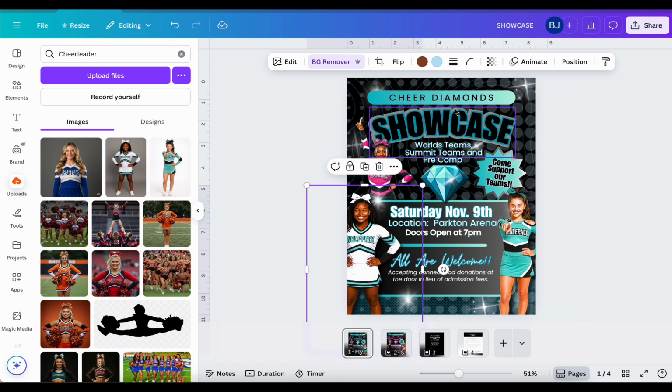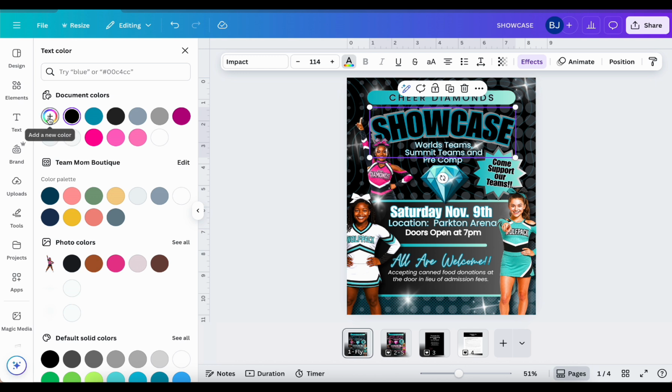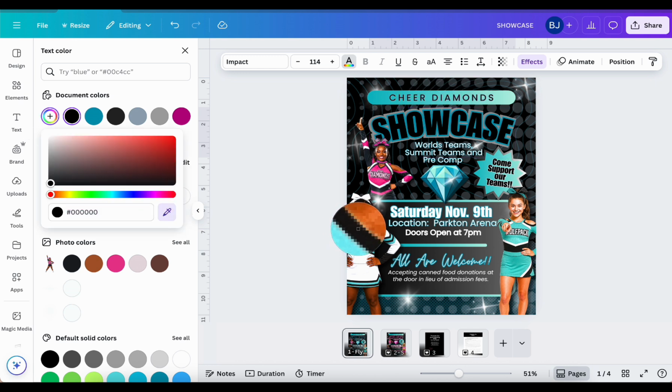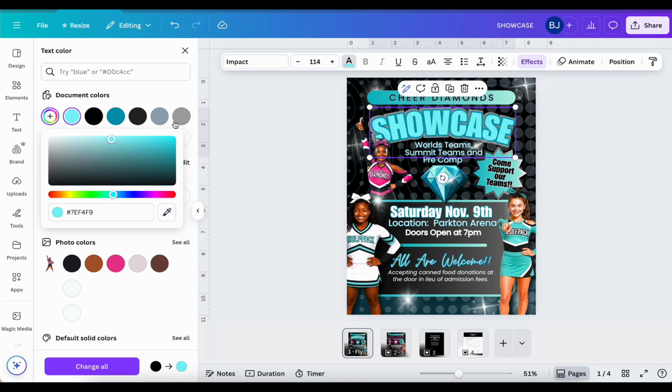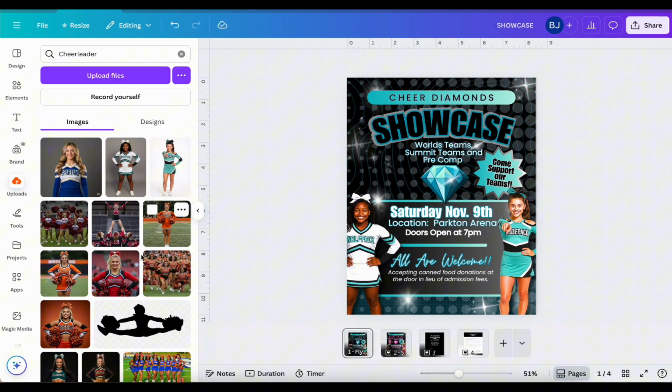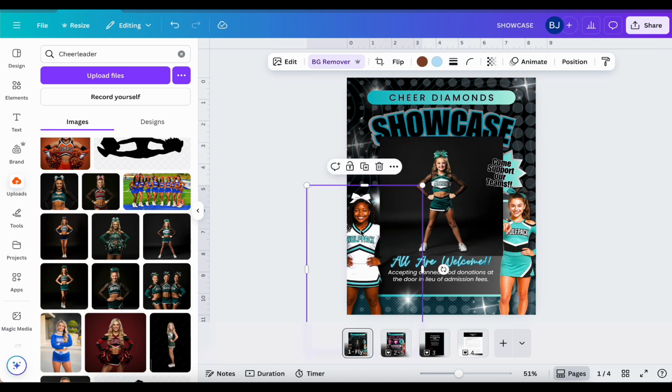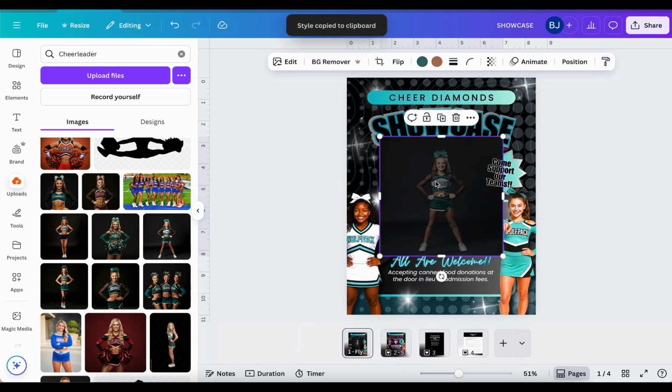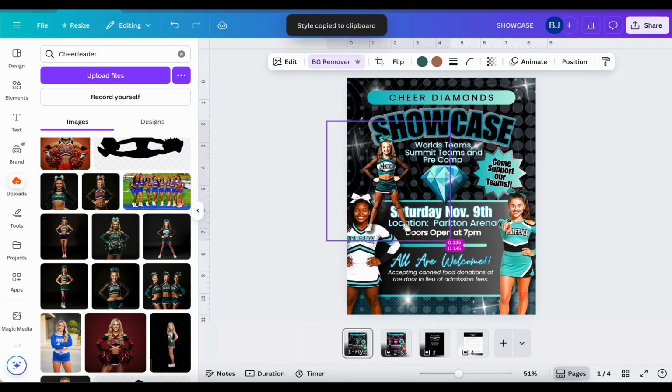And I will say too, this green is a little different. If I was doing this for an actual team, I'd probably pull the color from her uniform. I would go in here and change it to this. But I think for this, we'll leave it as is. And then for our third girl, I'm going to get this younger girl, because I think it's good to show some diversity of ages for these showcases, because you've got the older girls, but you also have the younger girls